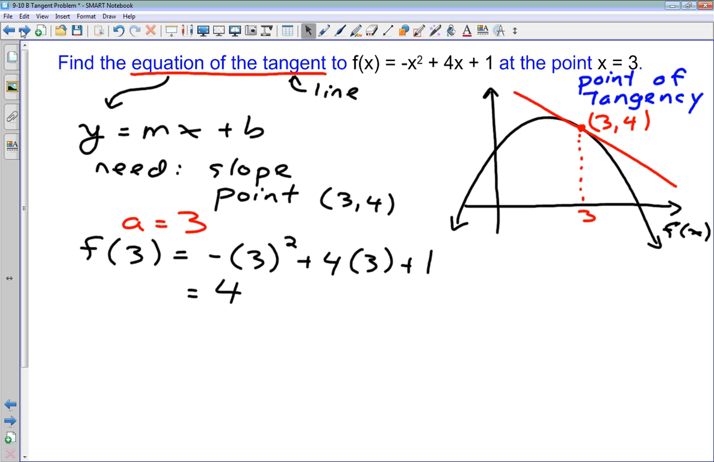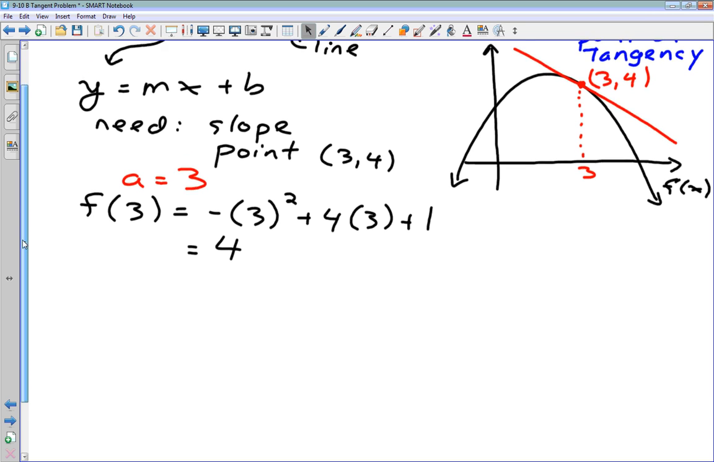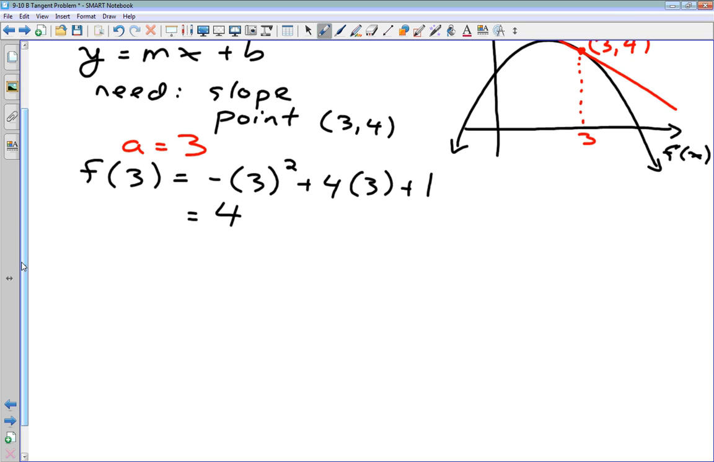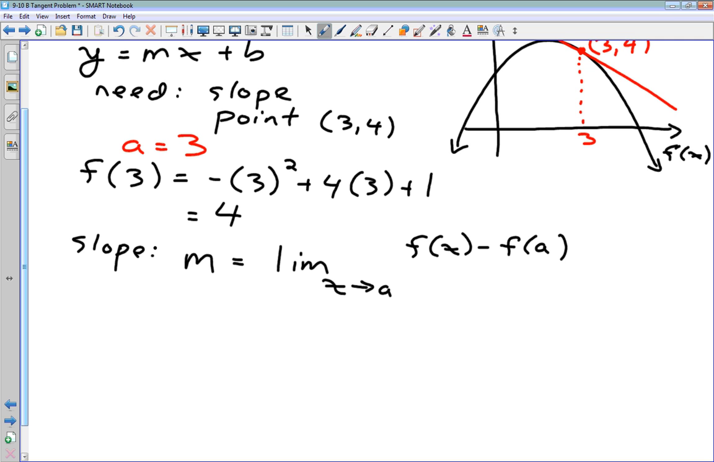Now we need to find the slope. And this is where that formula from the last slide is going to come in handy. To get our slope, we are going to take the limit as x goes to a of f at x minus f at a all over x minus a. Okay? The limiting value of the slopes of the secants as we move this value x closer and closer to this value a. So if a equals 3, we're really finding the limit as x tends to 3